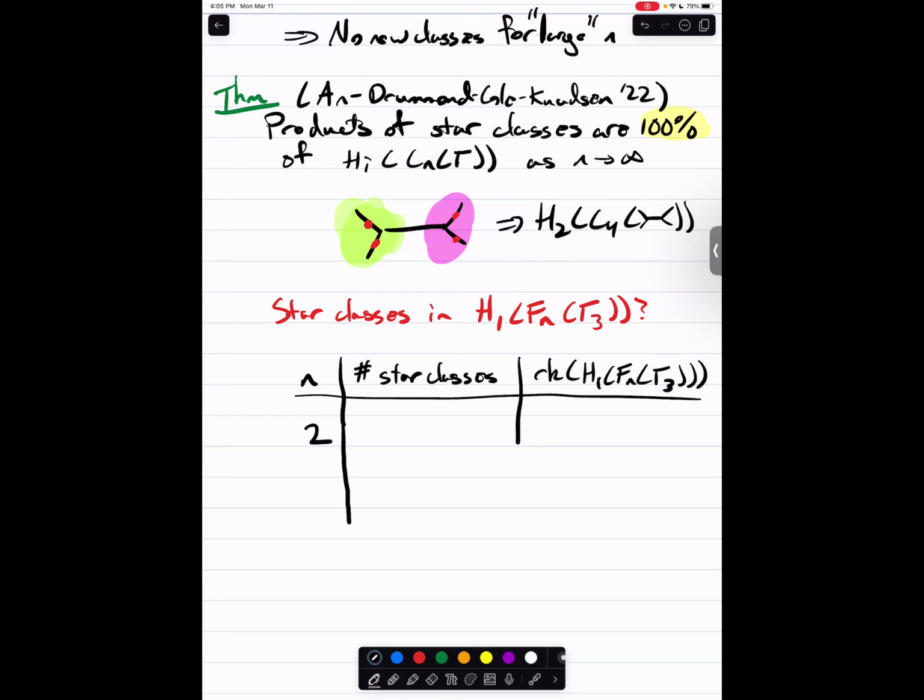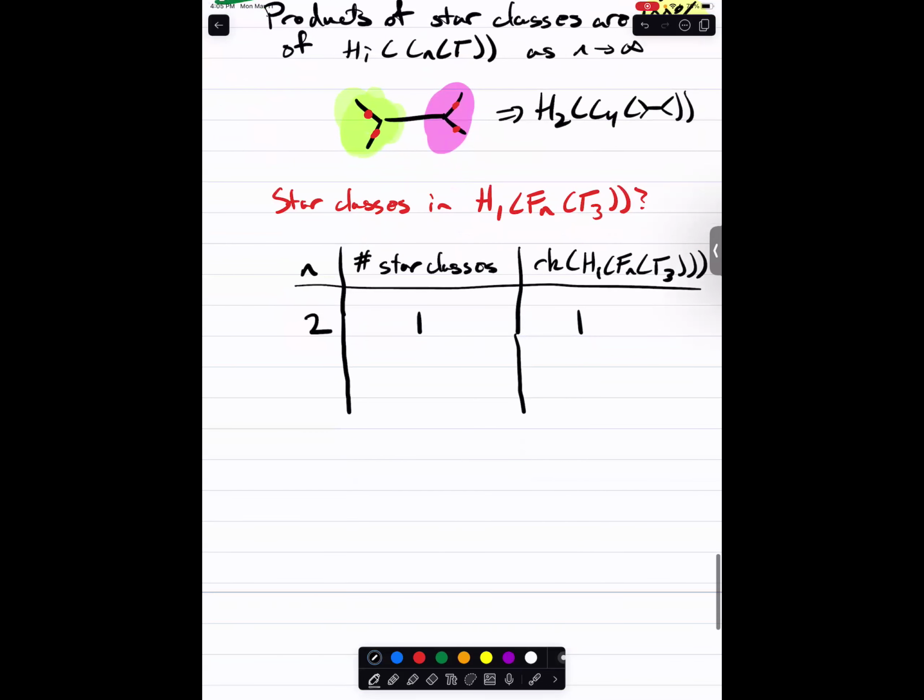In this case, we have 1 star class and 1 class in homology. And right, we're good to go. We say, oh yeah, the star class is everything. Hopefully this continues. And you can continue this calculation and say, okay, when you have 3 points,